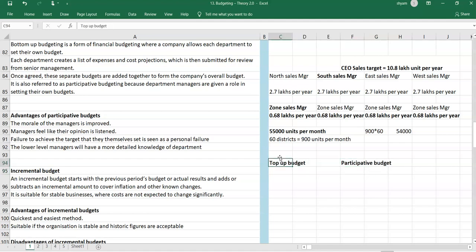So there is the top down budget and the participative budget. So you have an advantage here. See, the advantage of this participative budget will become the disadvantage here. So we can put it like this, the disadvantage of top down would be the advantage of participative, and vice versa,